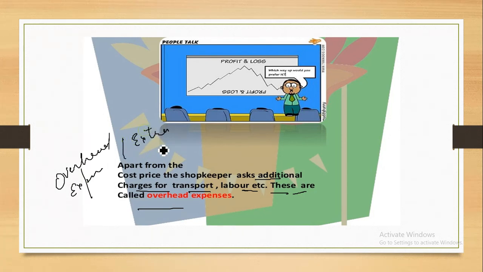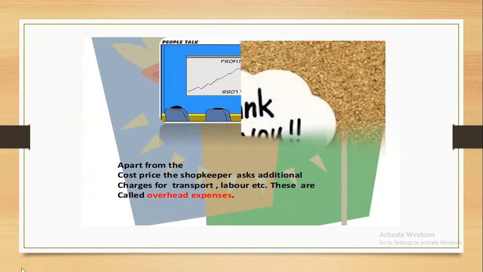So how will you calculate this, on which basis? All the given extra expenses you have to add to the given cost price. That would come to TCP, that is total cost price. On that basis you have to calculate the profit or loss, right? So this is all done.